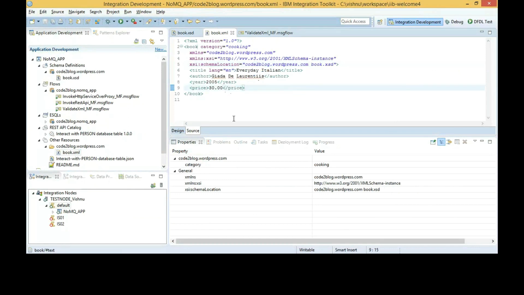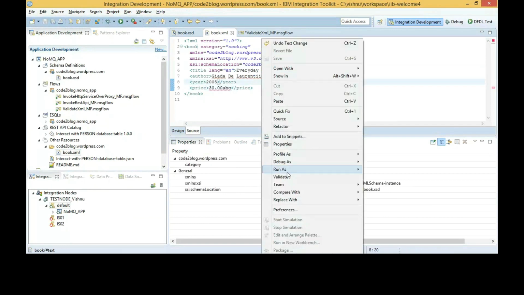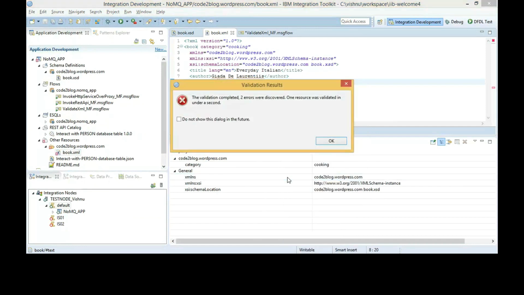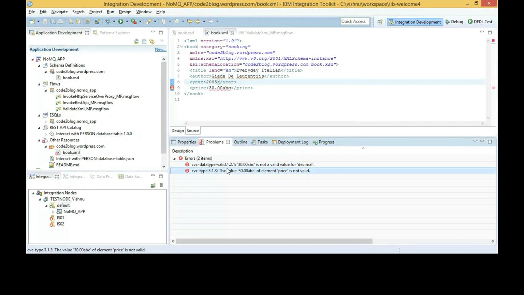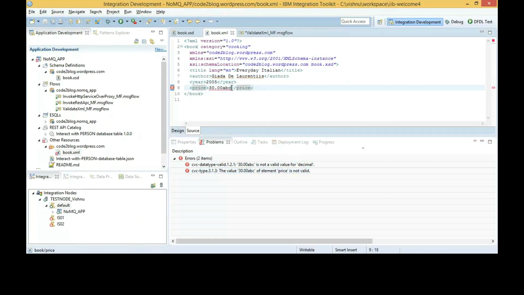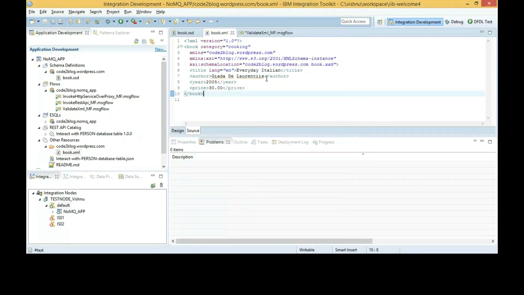When you are validating the XML in IIB toolkit, you have to explicitly provide the schema path, as shown on line number 5. But we observe that it is not always necessary when you're testing it with IIB runtime.